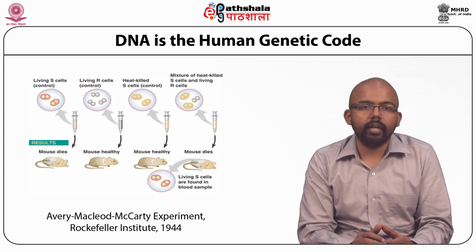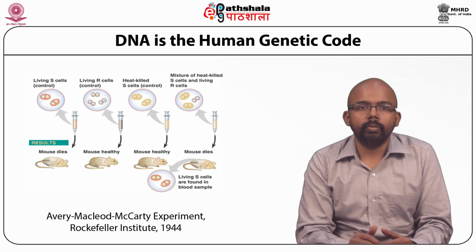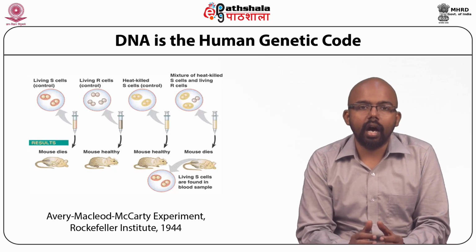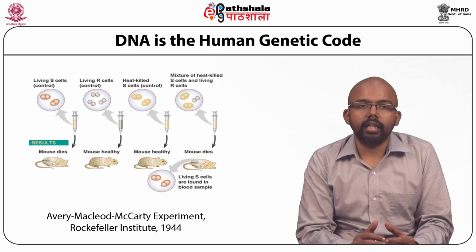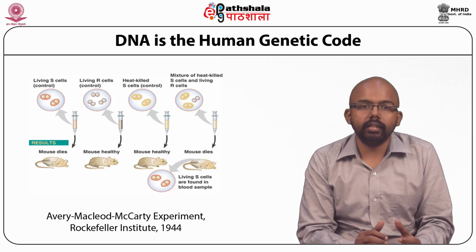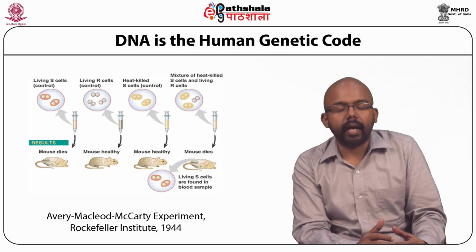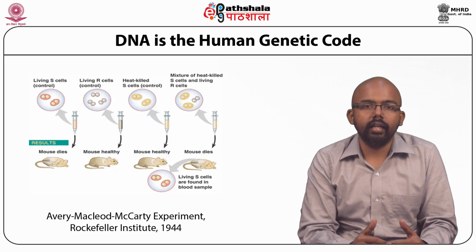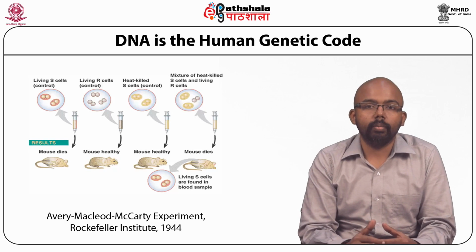At that point of time in 1944, two types of Streptococcus bacteria were known. One of them we name as the S type and the other the R type. Now S and R refer to the type of colonies which they form in culture. These scientists already knew that the S cells are very virulent, so injection of the S type of bacteria into a mouse usually causes the death of the mouse. On the other hand, the R cells are not virulent,